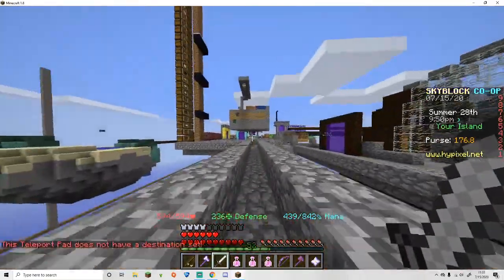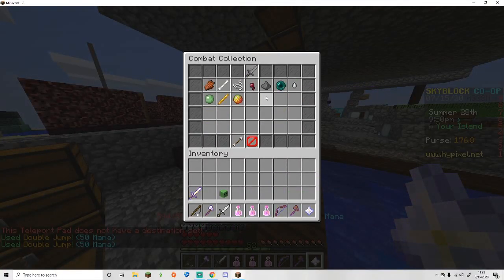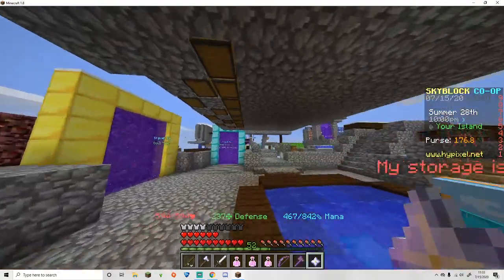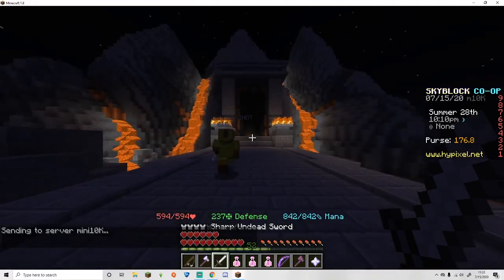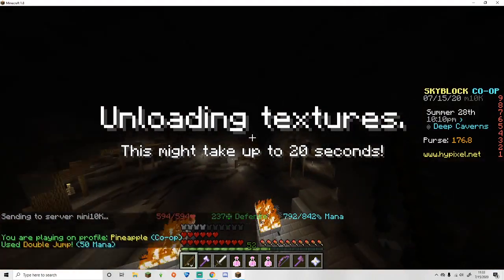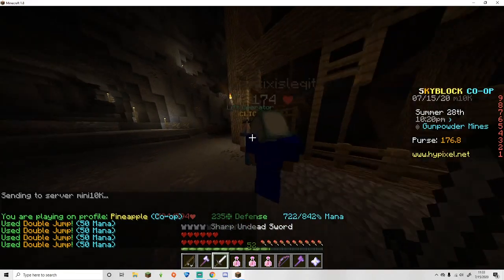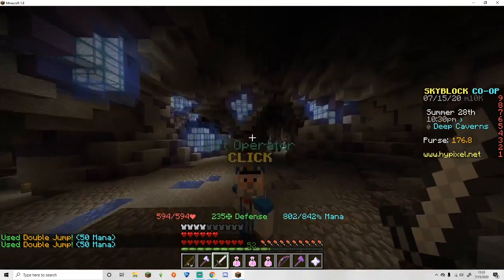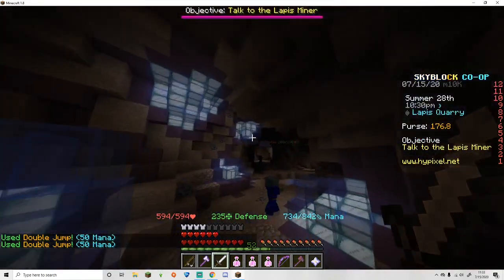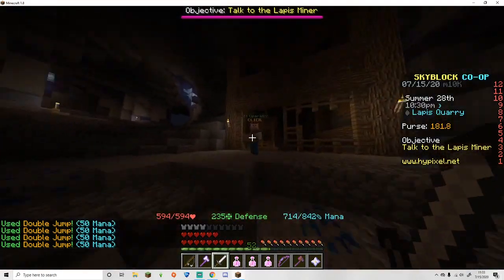Now, you want to unlock Rotten Flesh Collection 3, which you can get easily by going in here with your undead sword and hopping to this lapis quarry. If you don't know how to get to the lapis quarry or something near there, then I can show you